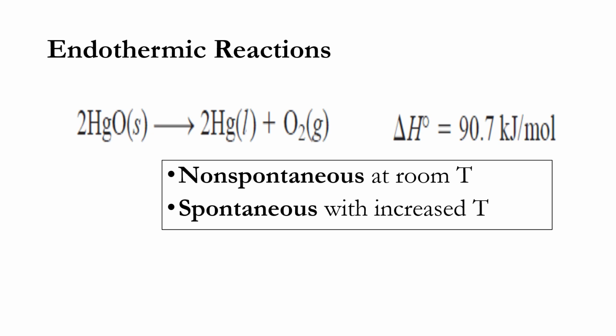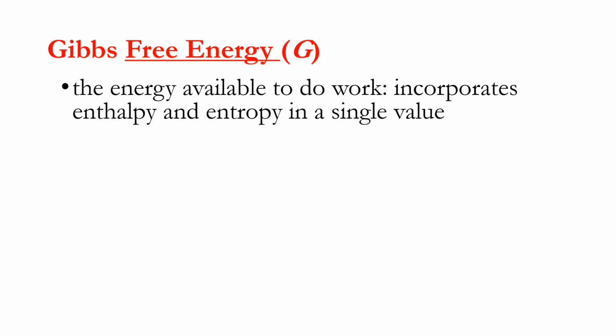So how do we determine if a reaction is indeed spontaneous or non-spontaneous in one direction or in the opposite direction? That's why we need to consider another thermodynamic quantity, which is called the Gibbs free energy, or simply free energy. This is the energy available to do work and incorporates both the enthalpy and entropy in a single value. In equation, free energy is the difference between the enthalpy of a system